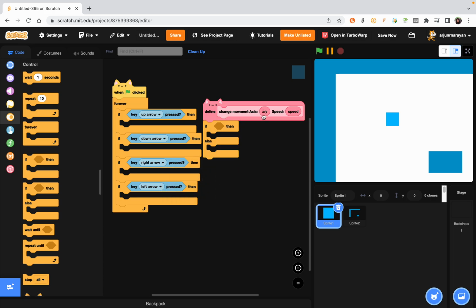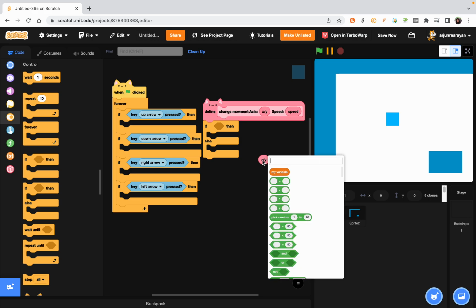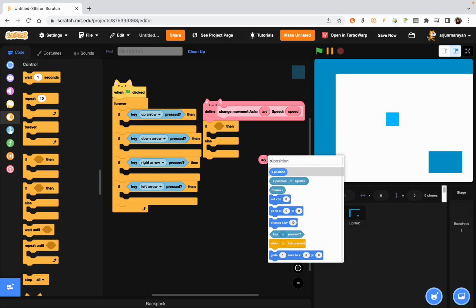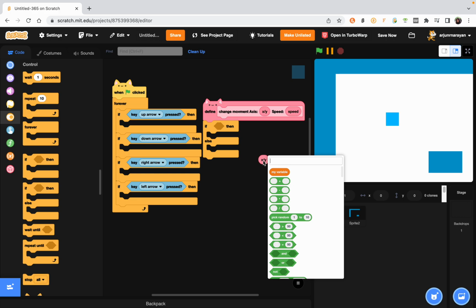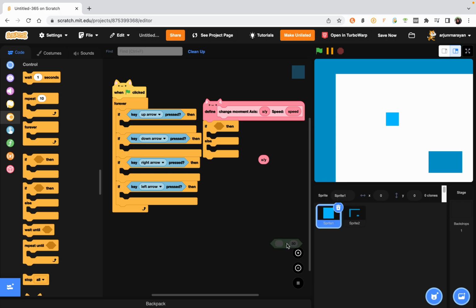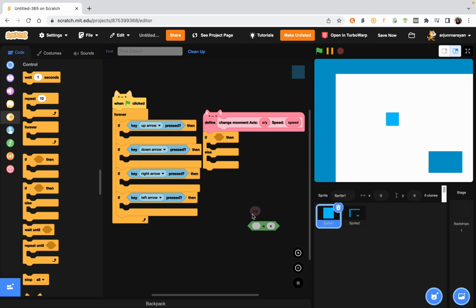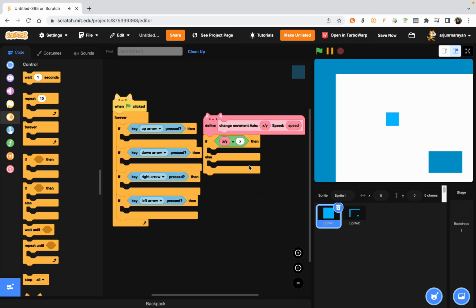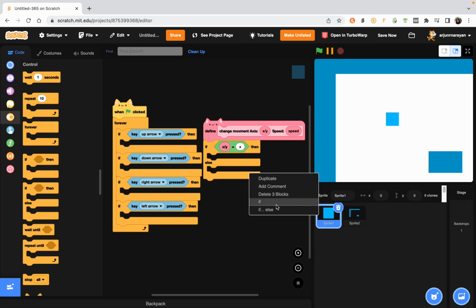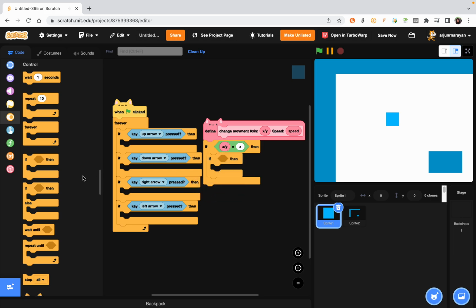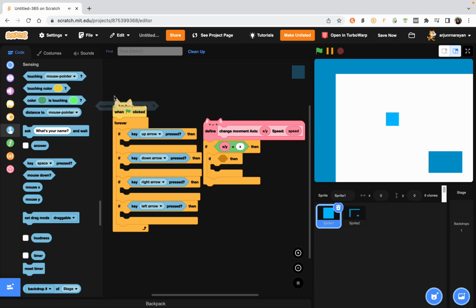And if x/y equals x, then we are going to actually just make this an if statement, because if we do if else, if we type B, it'll automatically move on the y-axis. So grab out an if statement inside of this if, grab out the touching block, and if